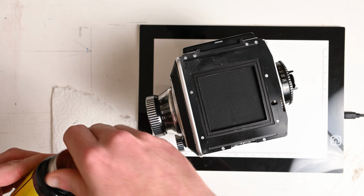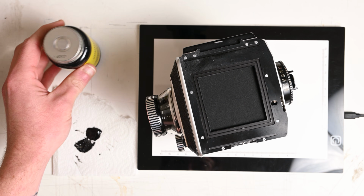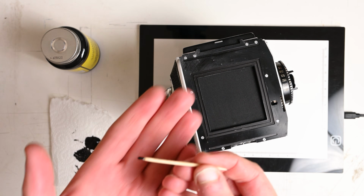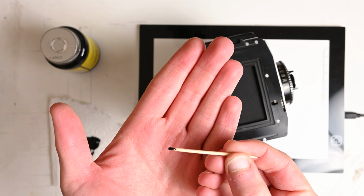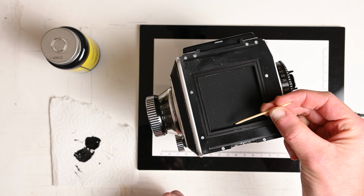I know I'm being wasteful, but this stuff is way more than I would need for like 100 cameras, so I don't really care. So I'll take another drop there. That's quite a large amount, but not too excessive. And then just where I applied it before, and I can see what I'm doing now, I don't have to